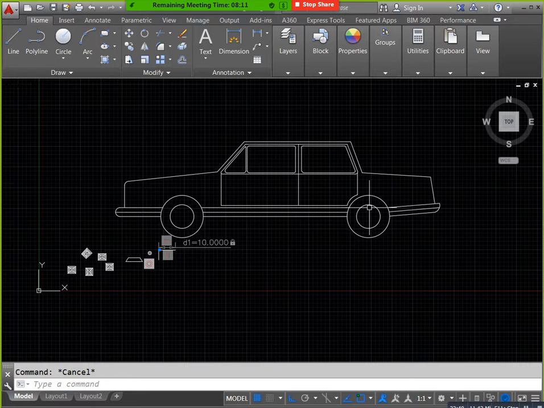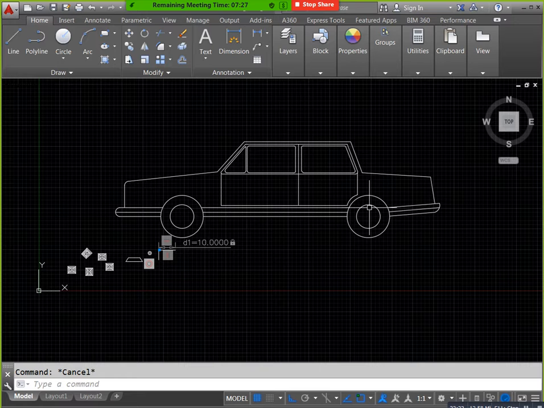Next, dynamic blocks can also be done in the block editor. Next, Insert, shortcut I, Enter. Dynamic block is only a name, we call it a dynamic block. Some interviews ask what is the procedure of dynamic blocks, or otherwise ask what is a dynamic block. That's why I explained that. Dynamic block is a name, same procedure. Insert is for importing and placing in our drawing area. For that you can use Insert, I, Enter.